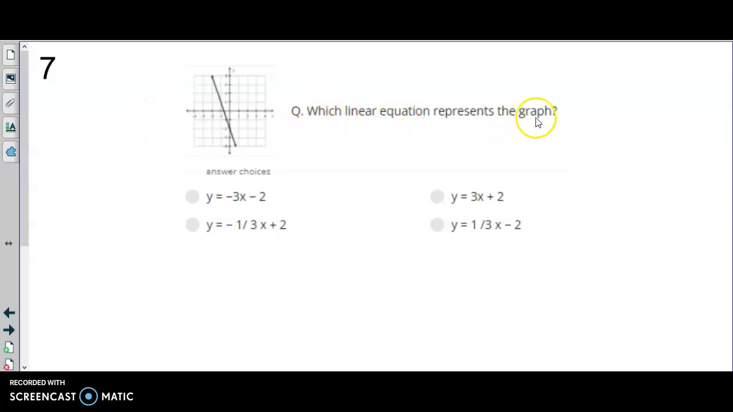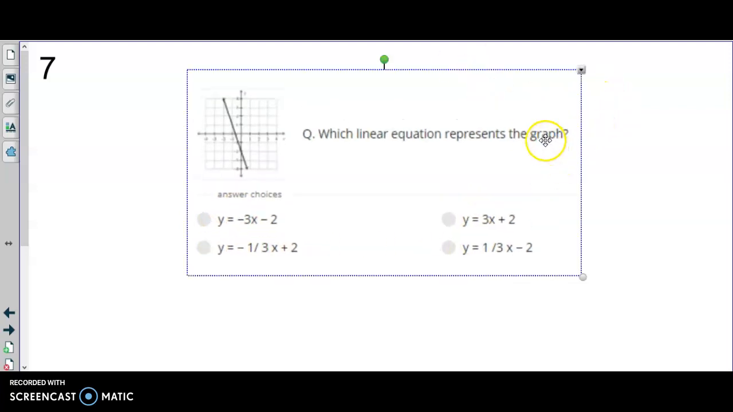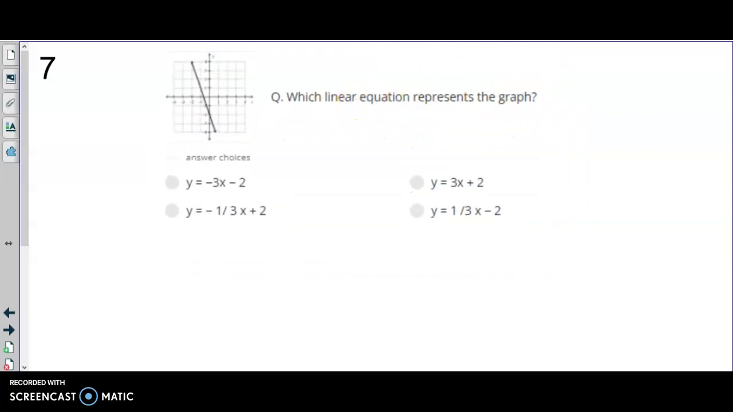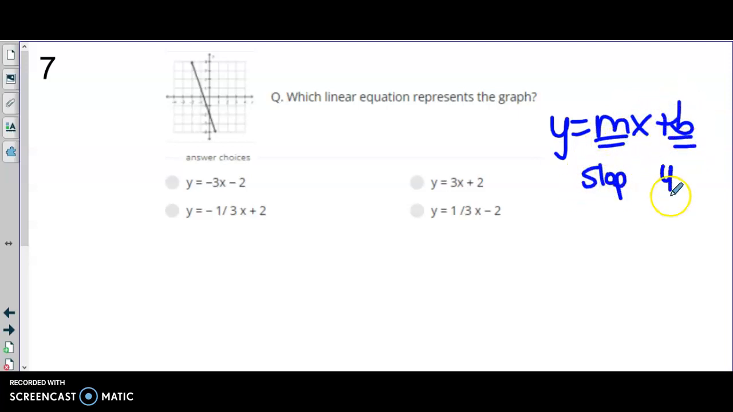Which linear equation represents the graph? Okay, so all of these equations down here are written in slope-intercept form. Remember slope-intercept form? I meant to write y equals mx plus b, where m is the slope and b is the